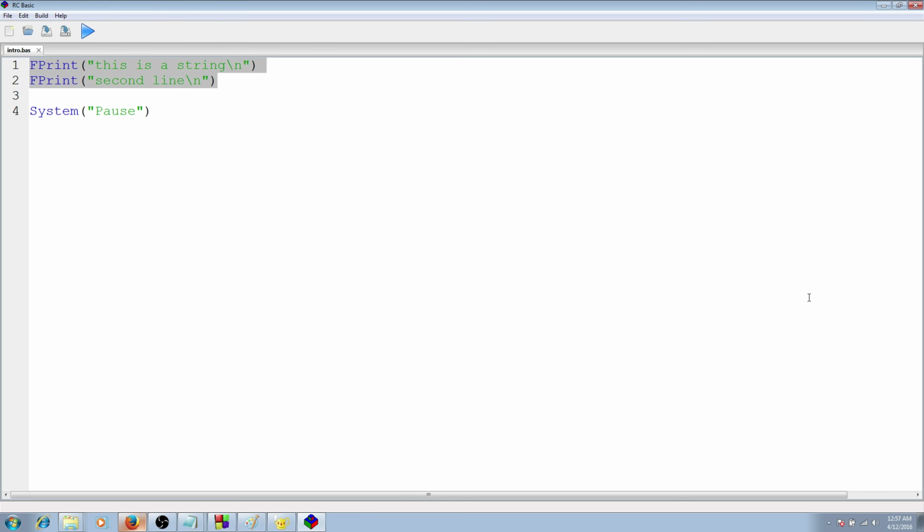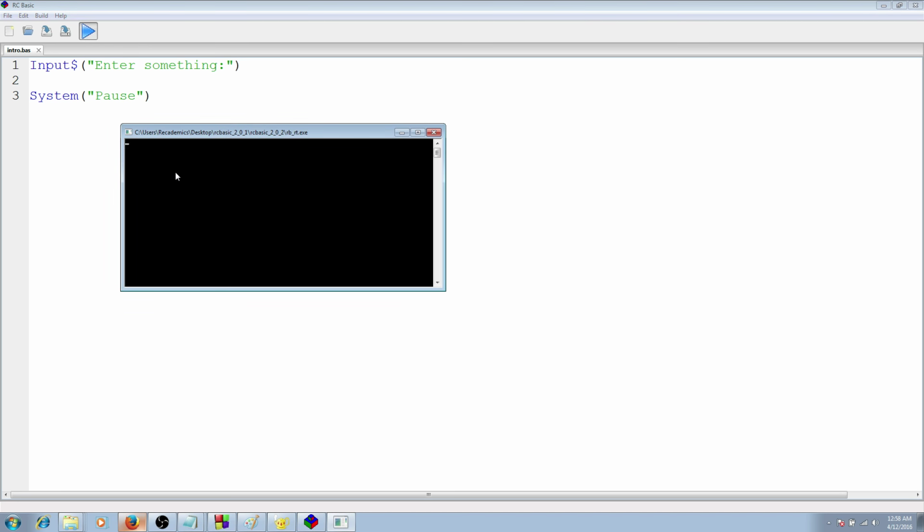Let's go over some input real quick. There's one function for accepting input from the screen, and that is the input function. The input function takes one string argument, just like system, and that argument is just the prompt that appears on the screen before reading your input. So let's just put "enter something" for our prompt and run that. Now it has printed "enter something", and it's just waiting for us to type some text in, and we hit enter